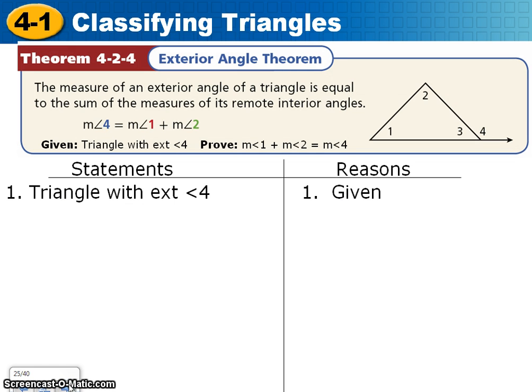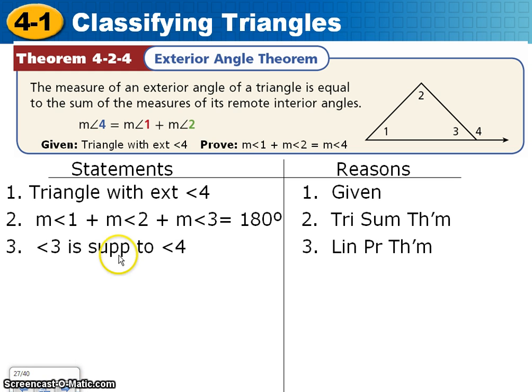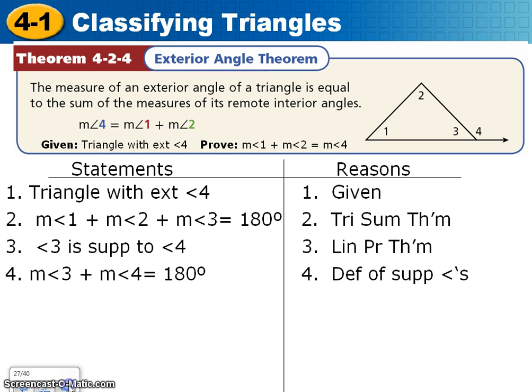So we're given the triangle with the exterior angle at angle 4. We're trying to prove that the measures of 1 and 2 are equal to the measure of 4. I do know with the triangle sum theorem that the measures of 1, 2, and 3 add up to 180 degrees. And I can also see a linear pair over here with angles 3 and 4, which means I know that angles 3 and 4 are supplementary, and therefore their measures add up to 180 degrees as well,